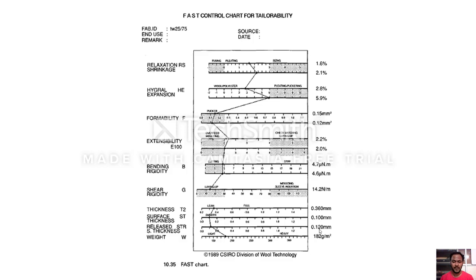So what does this say? It says that the finishing agent which you have added is actually perfect. It will not easily leach out when you subject it to multiple launderings. So in terms of finishing, it is very effective. This fabric will be very effective. But the main problem which you face is from the formability and the shear rigidity. So this kind of an understanding you can get by doing the FAST system testing.